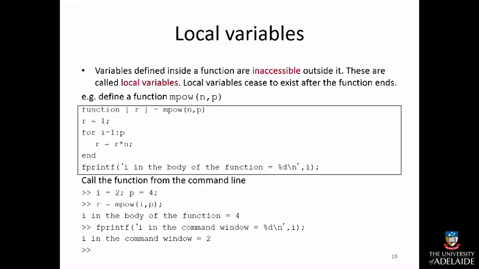Okay, now let's discuss what local variables are. Local variables are defined inside of a function. So you can define any of your local variables in your function file, and they would not be accessible outside. Local variables cease to exist after the function ends. For example, in this particular function,